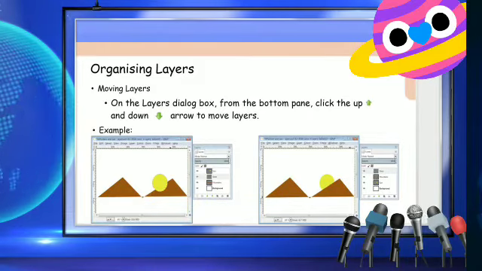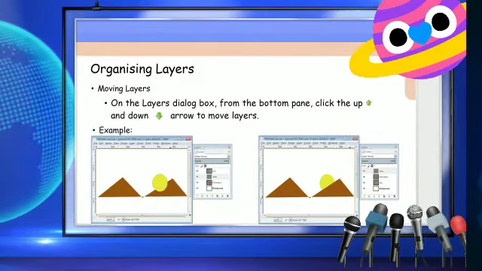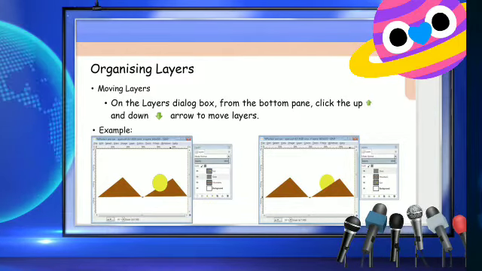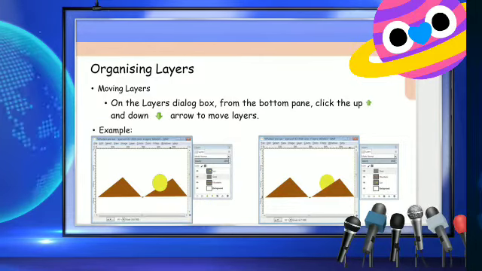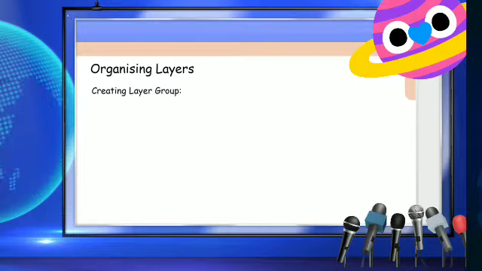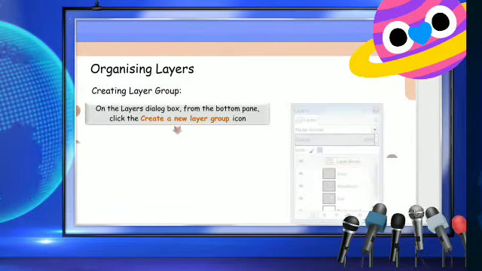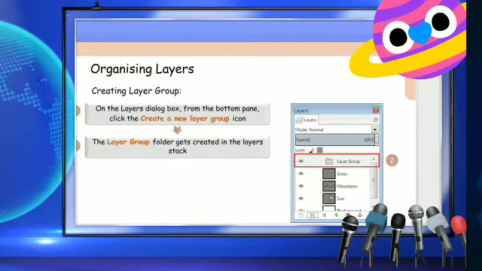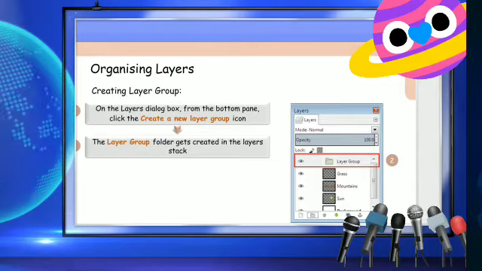Organizing layers. Moving layers. First, on the layers dialog box from the bottom pane, click the up and down arrow to move layers. Have you seen these two dialog boxes? Next is creating a layer group. On the layers dialog box from the bottom pane, click the create a new layer group icon.